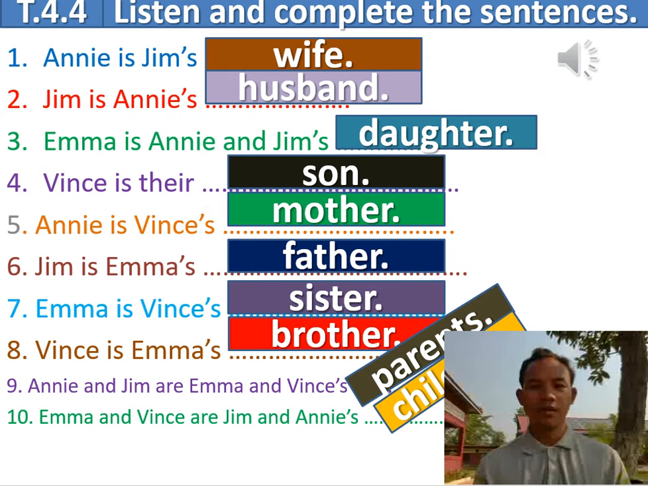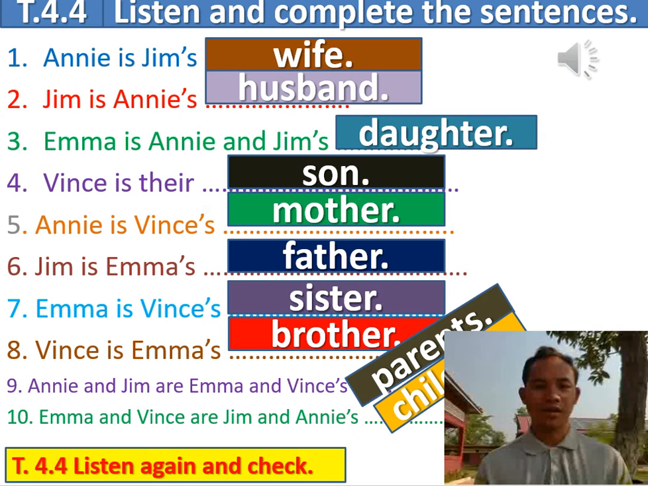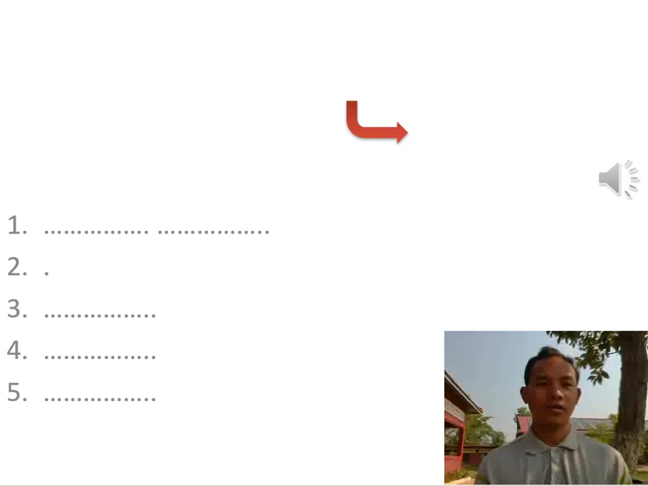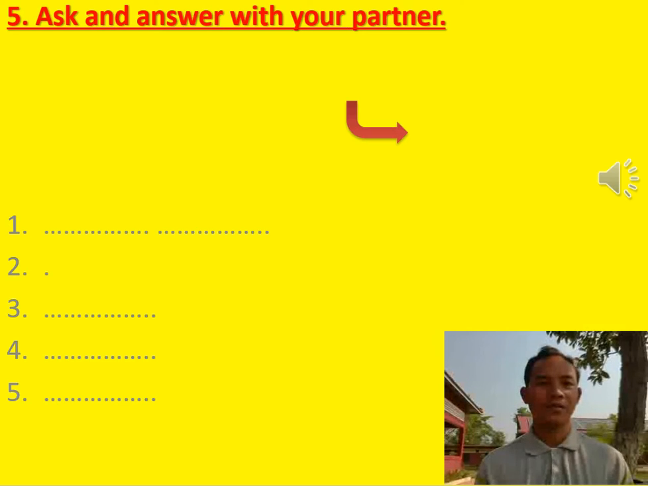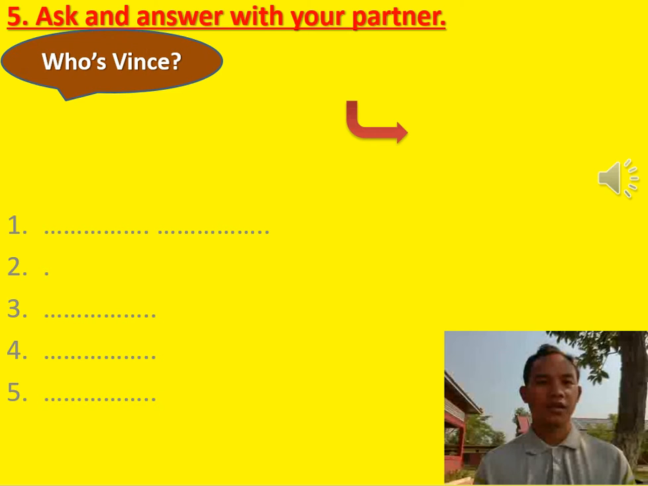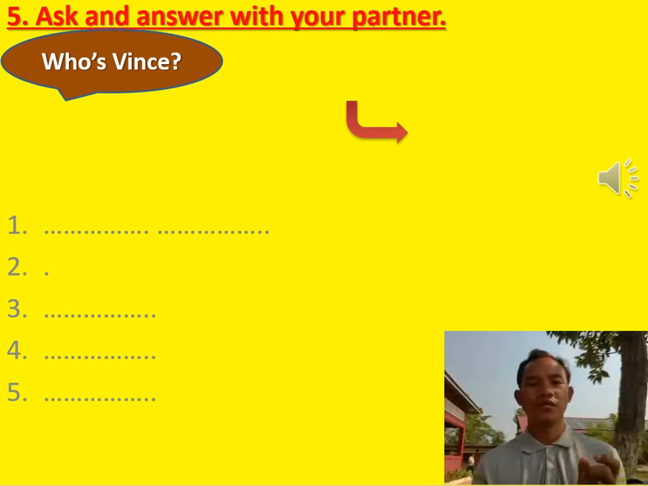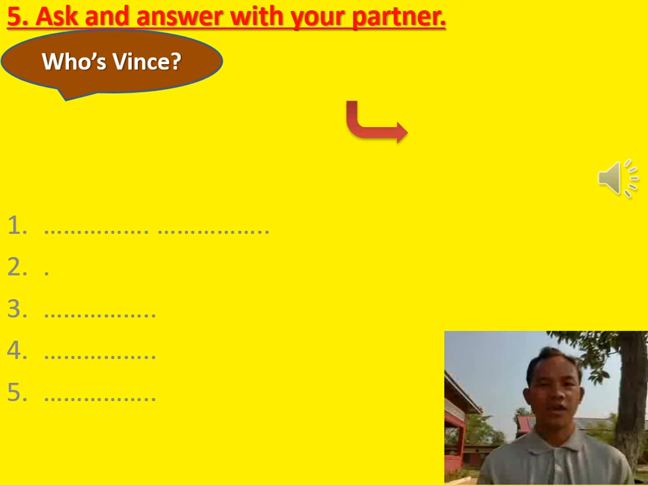All right guys, let me move up to the next one. Okay, number 5: ask and answer with your partners. In here we are going to practice with your partners, or with your friends, or maybe with your brother and sister. All right, let's take a look here. Who's Vin? Do you know who Vin is? Vin is